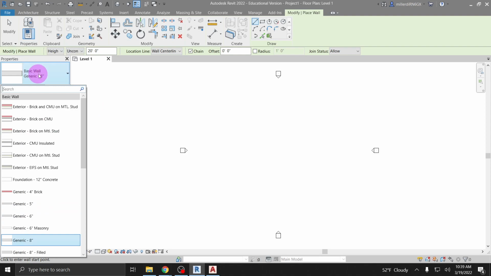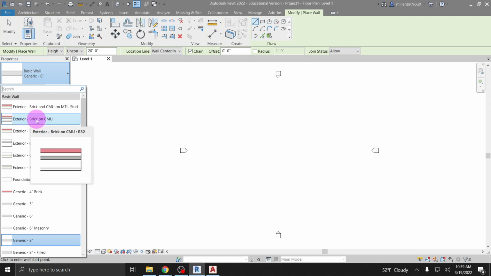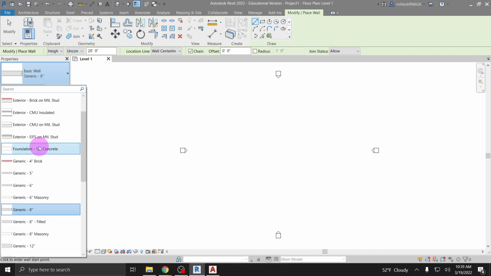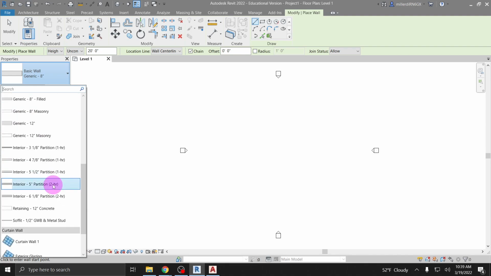If I click on where it says generic 8-inch wall, I can look through this list of different wall types that exist. This architectural template loads in several walls that are often used. This is a brick and CMU on a metal stud. This is just a brick on a metal stud. We've got a couple of different ones in here. We've got different interior walls. A lot of these are fire rated; this is a 1-hour fire rated wall, a 2-hour fire rated wall. A lot of them are going to be directed more towards commercial